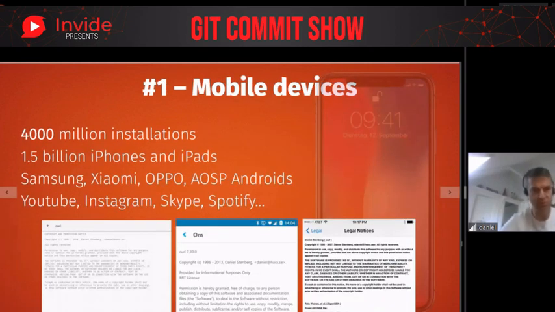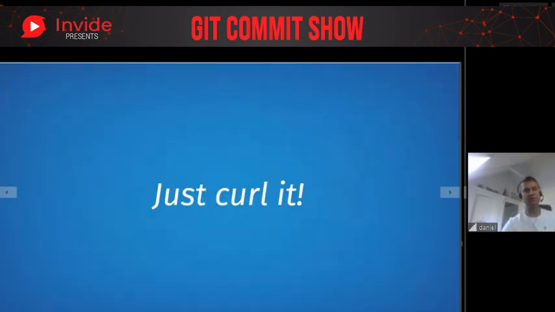And of course, mobile phones, which by volume become the devices with the most curl installations, because there is a curl installation in virtually every mobile phone in the world, and I should say every smartphone, at least when it comes to Android and iOS. It's part of iOS. It ships with the OS, and it is being used by some of the most frequently installed applications like YouTube, Instagram, Skype, Spotify. So I think it's a fair assessment to say that almost every smartphone in the world is using curl. So it's just a lot of curl everywhere.